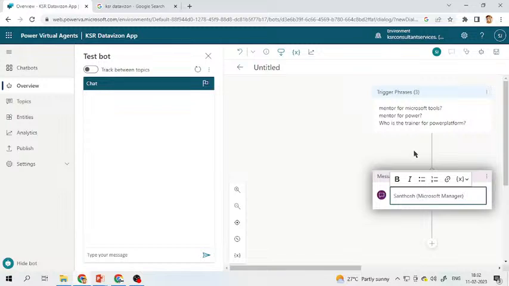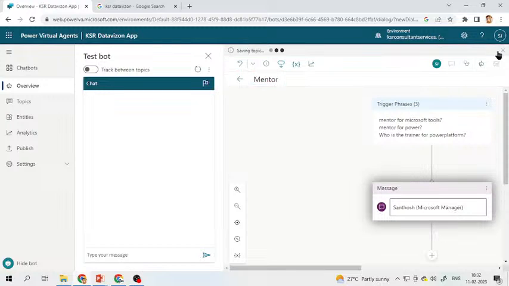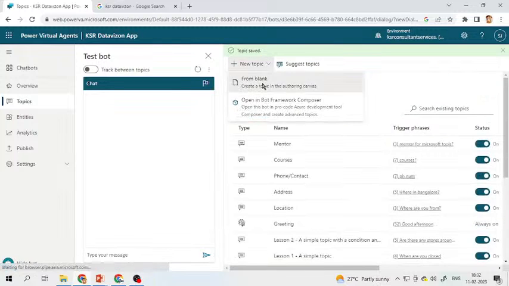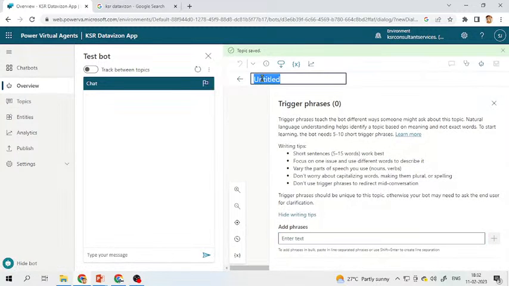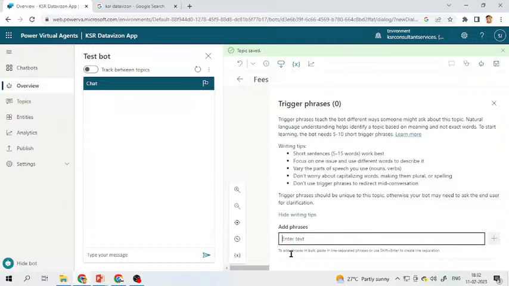Okay, I'll simply go and say this message, and this is actually about mentor, right? Now I'll save this. Now, apart from that, I will again go back and add another topic. So once they ask, they may ask about fees. So I'll give, what's the fees